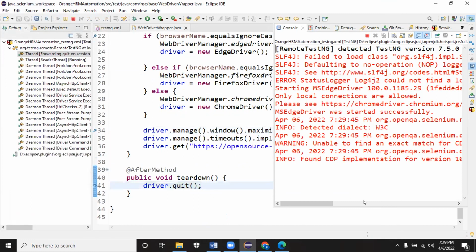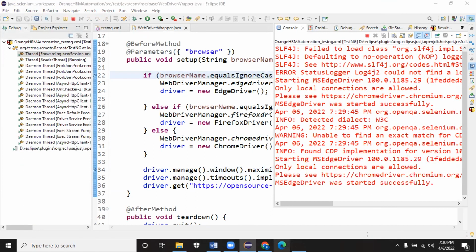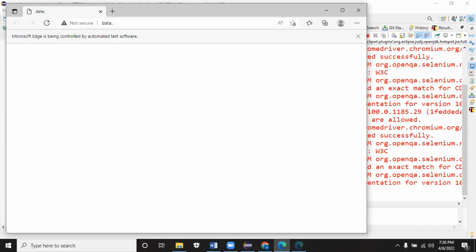Now you can see the automation is triggered in the Edge browser. Again, one more Edge browser will be triggered, and in this the automation will happen.